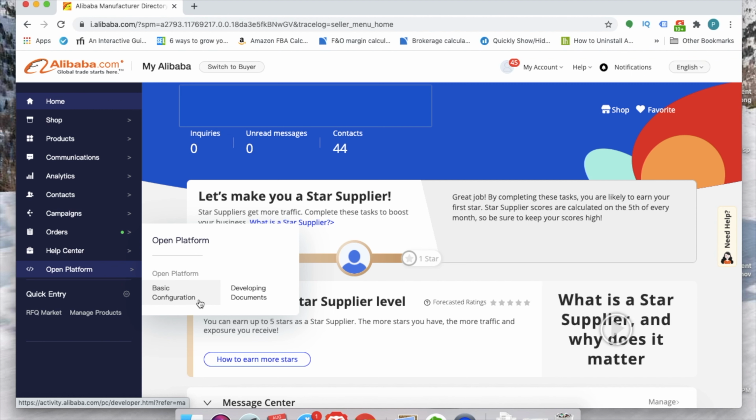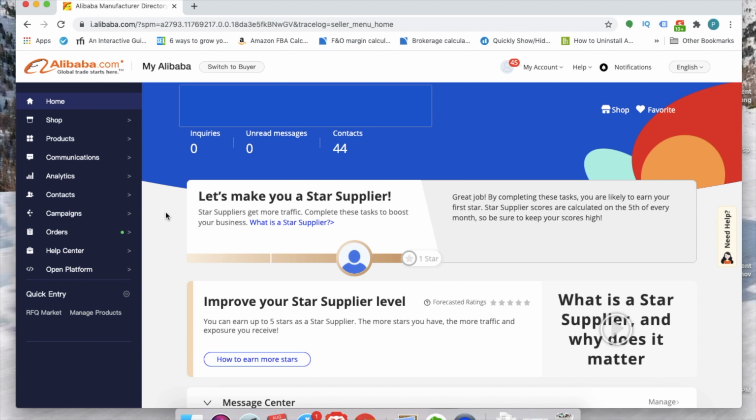So one more thing I would like to say here: if you want to list your products on Alibaba, it's better to hire an agency which is an expert in it. You can do it yourself, but it's always better to hire an agency who can do the SEO optimization and help list your products with better search engine optimization. There are related videos which I've already published in the playlist.